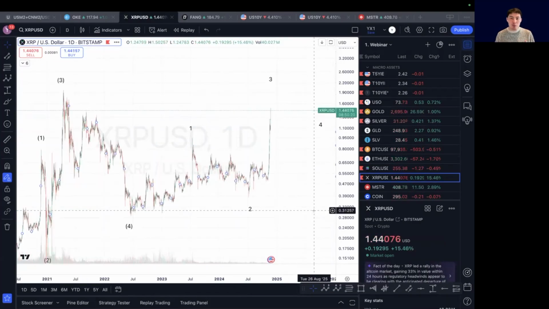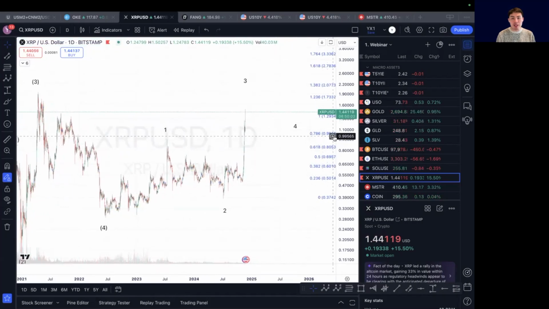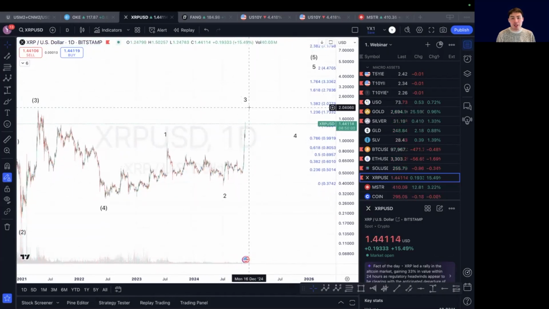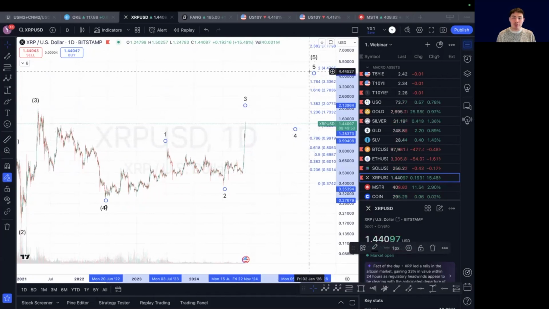Ripple, well done to the Ripple holders. It actually did a pretty incredible comeback, going from essentially 40 cents to $1.44. And that has cleared my previous bearish path. And I think we're now moving in an impulsive manner. And I think with wave 3 targets around $2, and then we get a wave 4 pullback, and we can finish wave 5 around